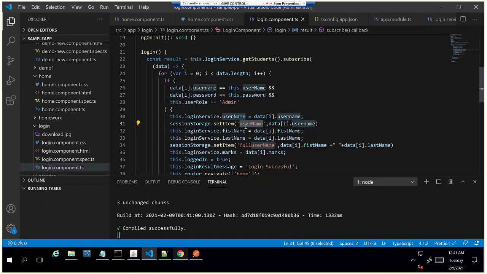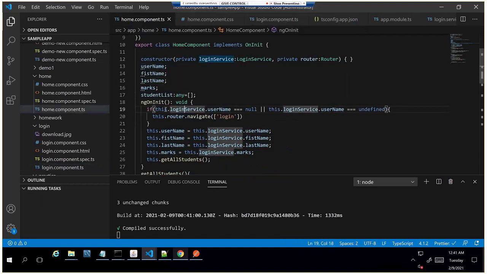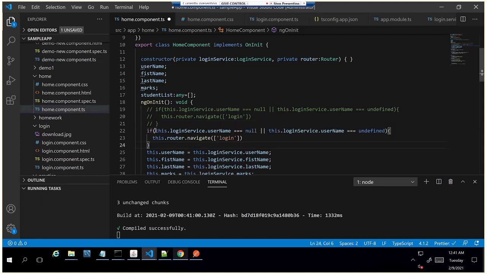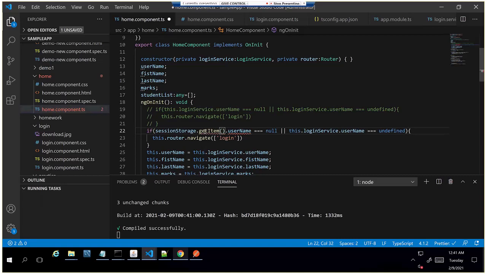So in home component.ts, here we are checking for username, right? So instead of this, I'll comment out this line and I'll copy the same thing below just for our reference. So what we'll do is session storage dot get item, and I am checking for username in that session storage. If the value is not equal to null and the value is undefined, we will redirect to